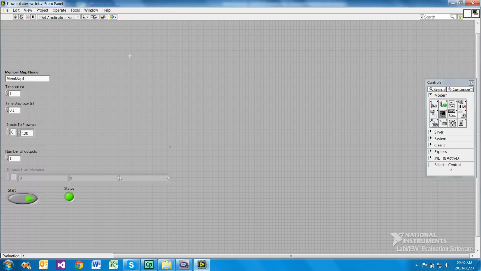In LabVIEW, this is what our default example looks like that ships with Flownex. We've got a front panel with some inputs for our link block. It's the memory map name, that's the same name as we specified in our memory map setup. A timeout so that the user interface continues to respond. Time step size, that's the time step that will be used in Flownex. An input to Flownex and the output that we will read from Flownex. This start button starts and disables the memory map link, and we've got a status indicator to show whether the